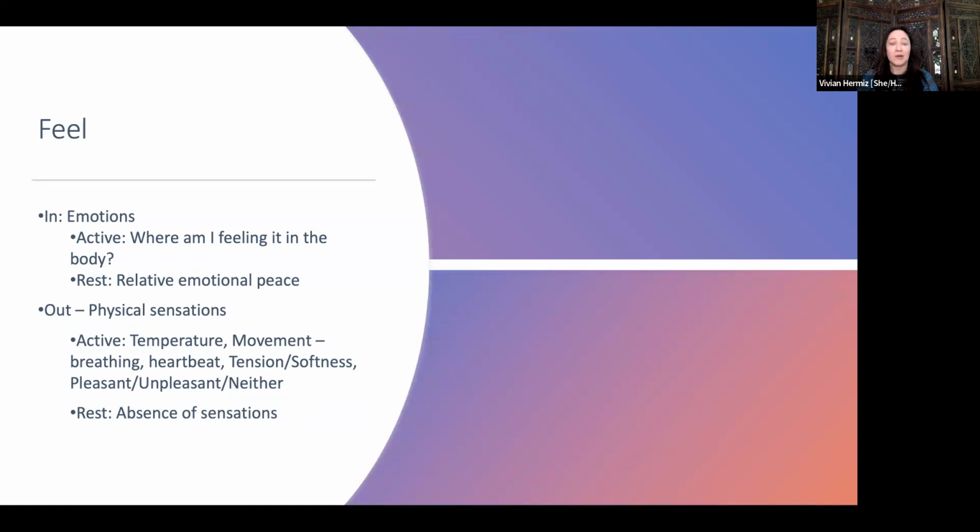Notice if you can maintain, once you find it, that restful state in your body sensations. Can I let the rest of the stuff that's going on, or that feels like it's trying to intrude on this, be in the background, and stay with this restful feel state in the foreground of my mind and just really offer up my full attention to it?